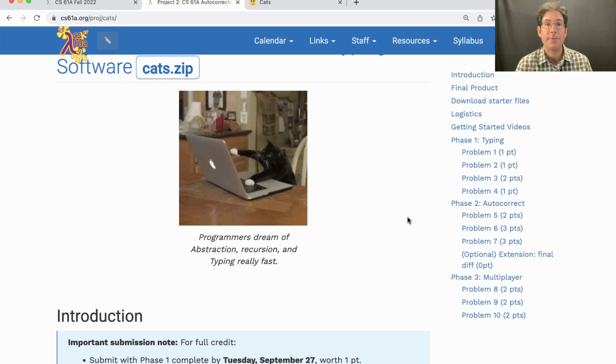This project has a different structure than HOG, which was self-contained. This program that you're going to write actually interacts with another program, the graphical user interface for the project, which means that we can run something in the browser and you can control what happens. At